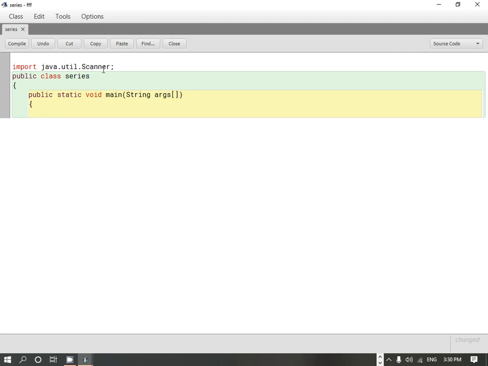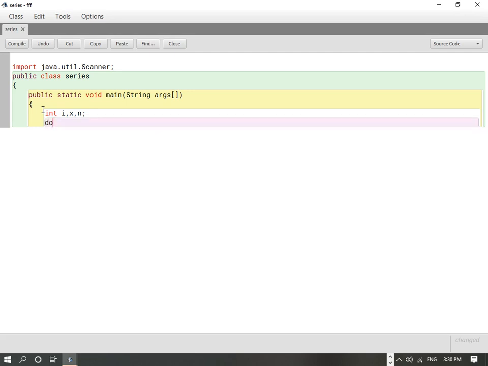So that's why I have imported this scanner class in this program. So now take the variables. We will need one variable I, that will be for the for loop. We have to enter value of x, so we will take x and then n. Then we have to store the values in a variable, let it be sum. So that we will have to declare as double, because this is a power function.